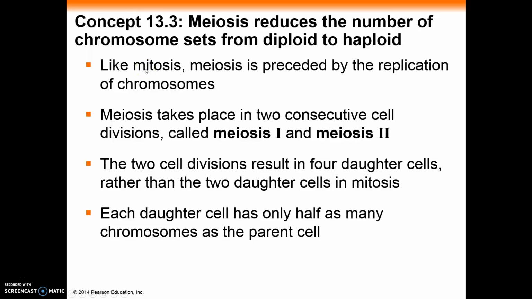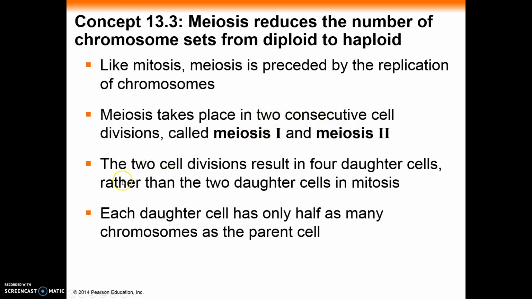So in mitosis, we have 46 chromosomes, so we are a 2N. But when we replicate our DNA, we are now at 4N, right? The same thing is going to happen here. And when we go through meiosis 1, we will be back down to 2N, and then further reduce it to 1N when we go through meiosis 2, because there is not a second round of DNA replication happening between meiosis